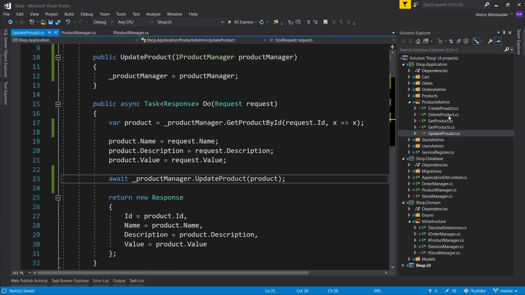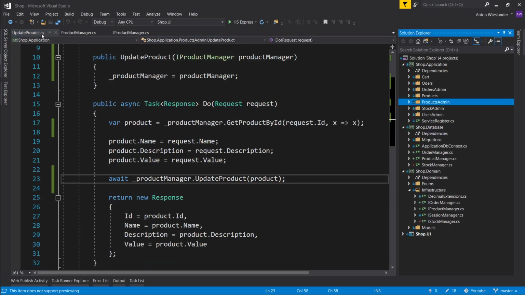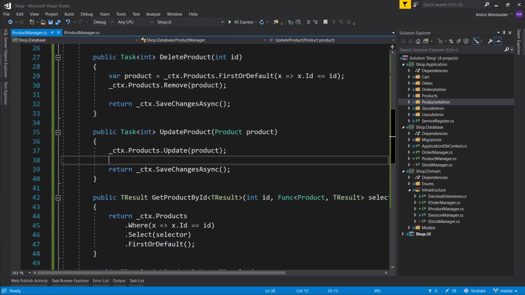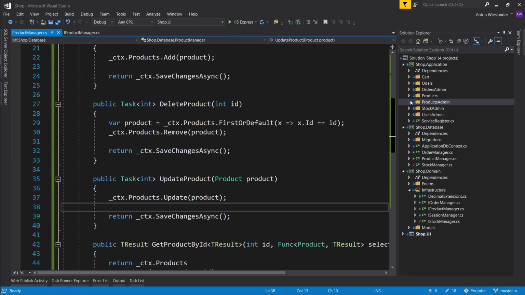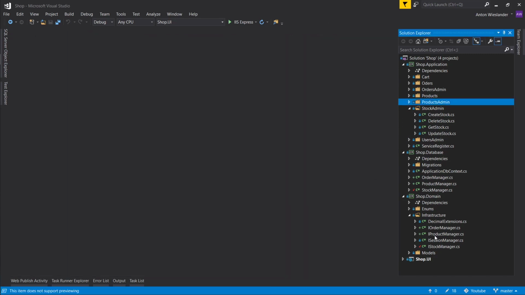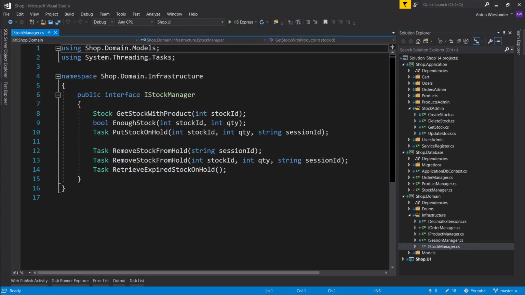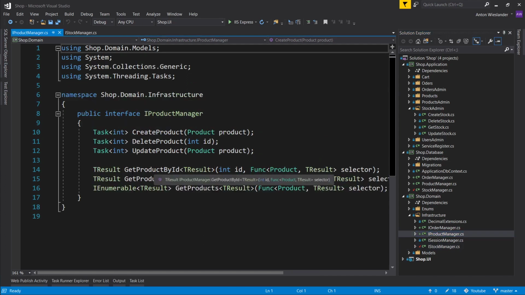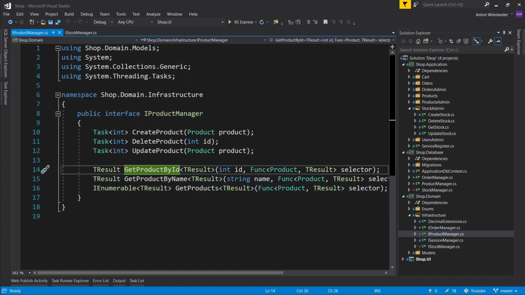And now I think that takes care of all of these product admin operations. Cool. Let's go ahead into stock admin. And here, this is the last folder, and we're gonna have to work in our IStockManager. So these are pretty much CRUD operations. So we have get stock with product. I think it would be appropriate to name these get product with something or something like that, but I think